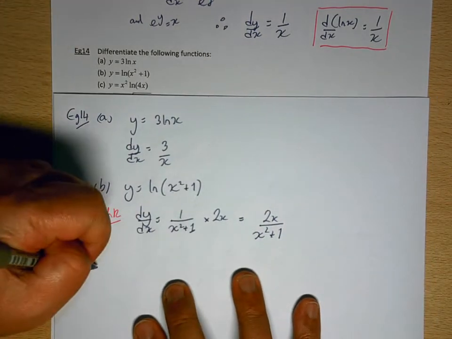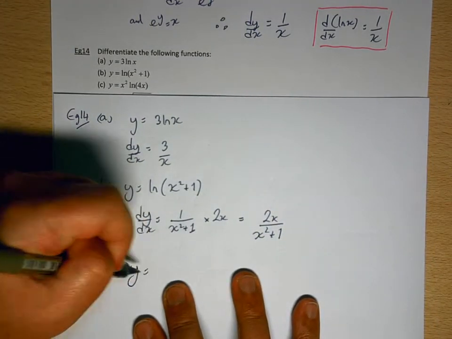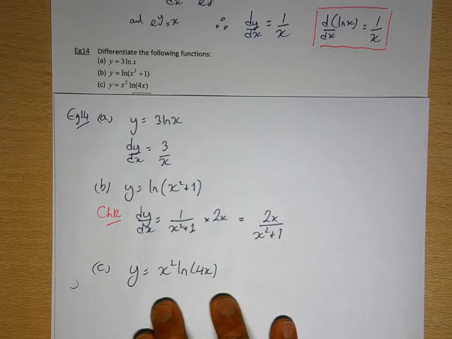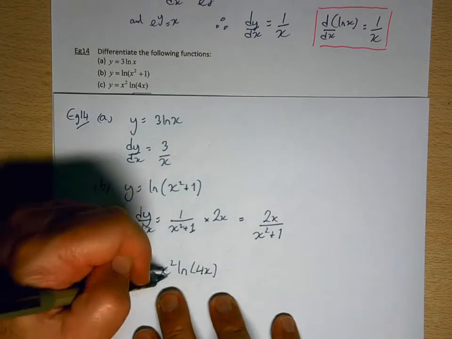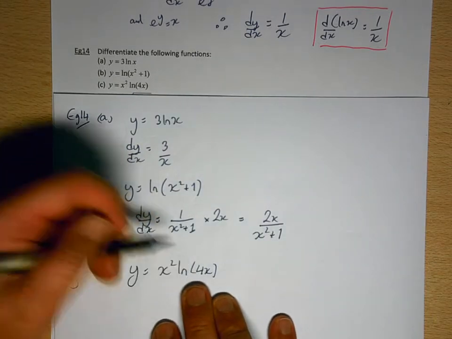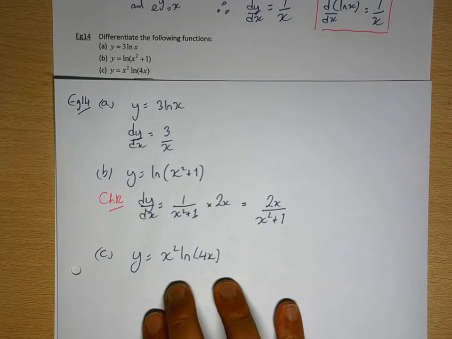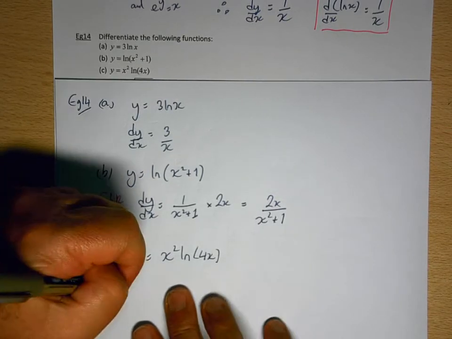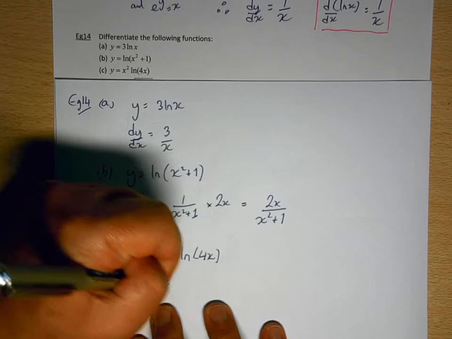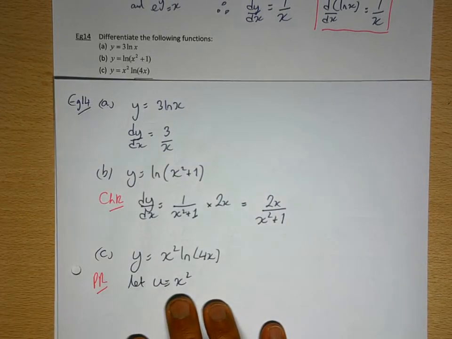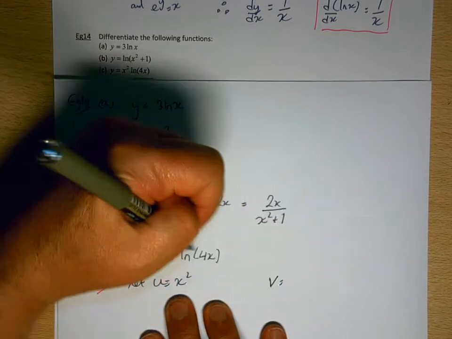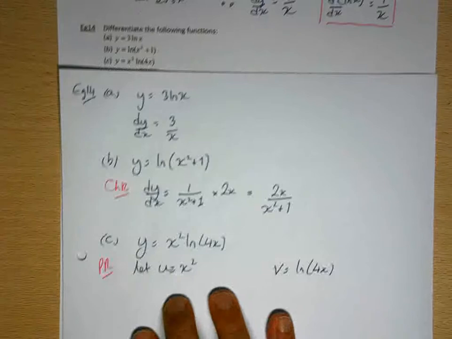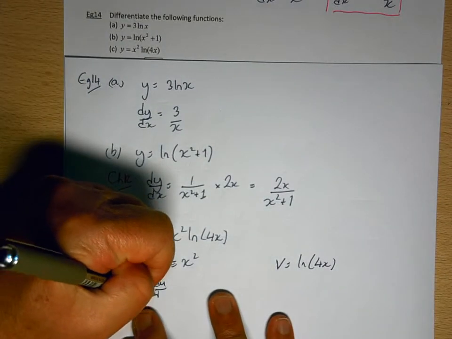C. So here we've got a product, we've got the x squared multiplied by the natural log function. So this is going to be product rule. So we let u be the first part of the product, v be the second, differentiate u,